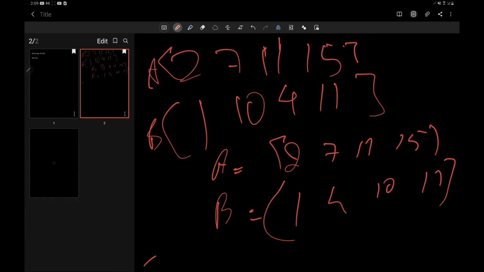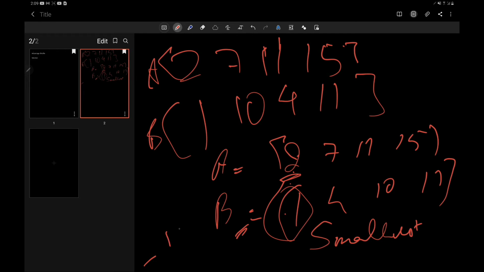The approach here is that for every element we check whether it is greater than the smallest element present in the B array. If yes, then we put it into a hash map for that number.